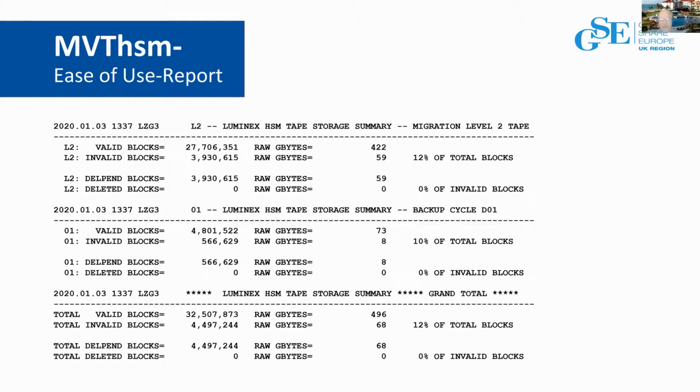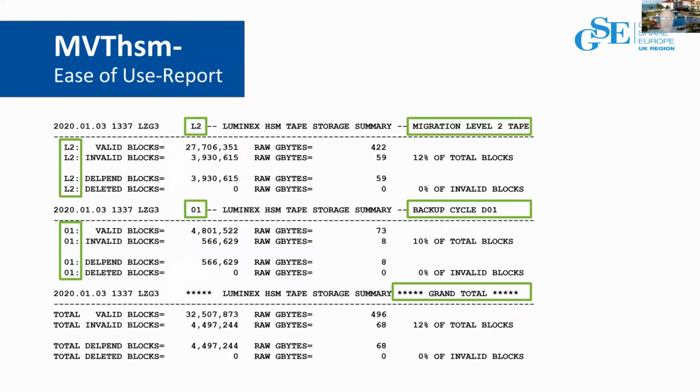Now, the result of that sim, or the result of doing it live, you get the report either way, is a report that shows you, as an example, if this were sim, what would have happened had I let it really happen. And it lets you look and have an idea of how much this can help. So let's step through the report and see the different fields here. First off, we're looking at the level 2, so migration level 2.